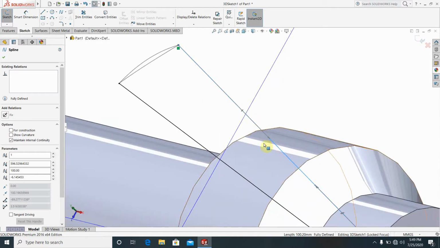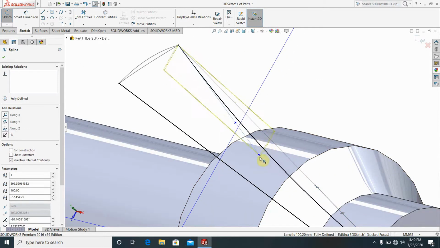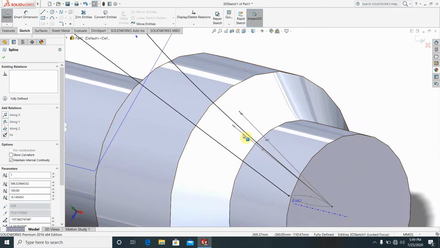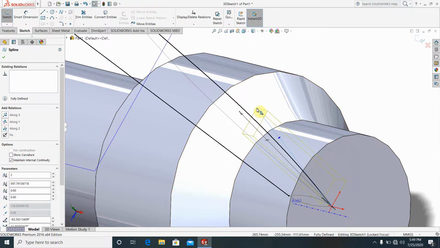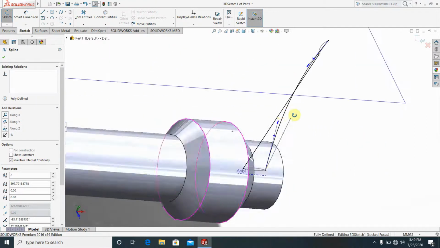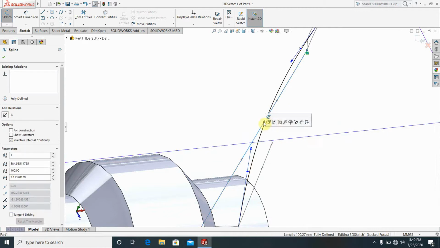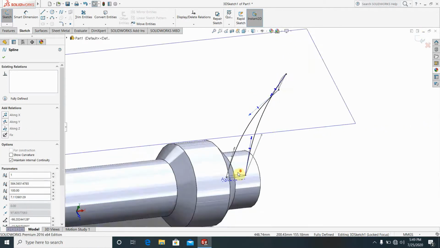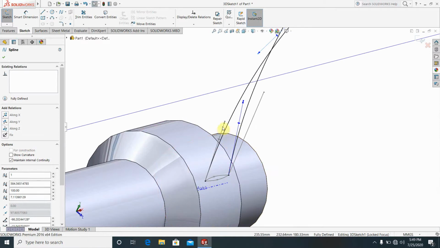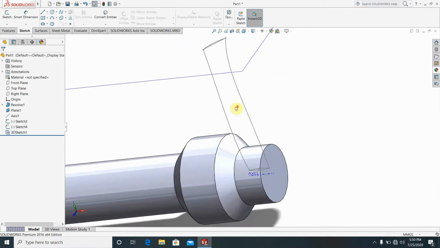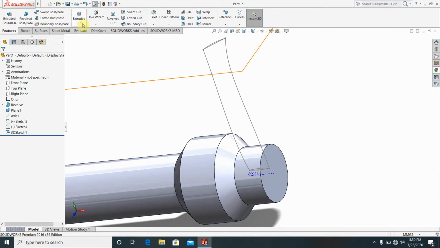Before you have done, just push it like that and push it like that. Okay, you have to click here and push it like that, and you have to push it like that. Just exit from sketch and go for the features and the